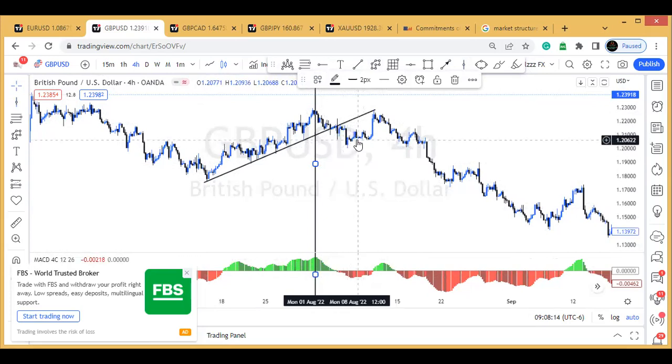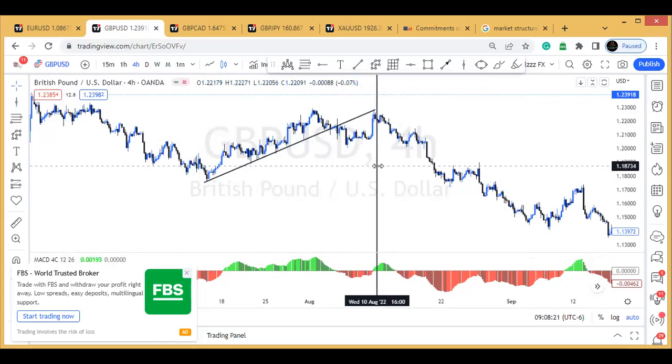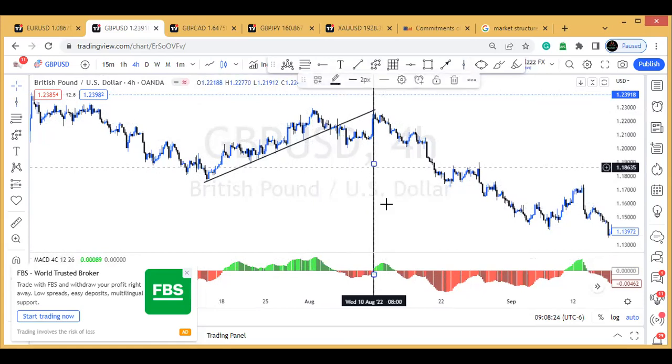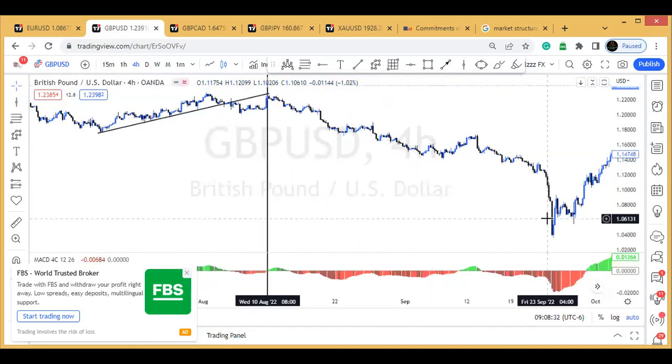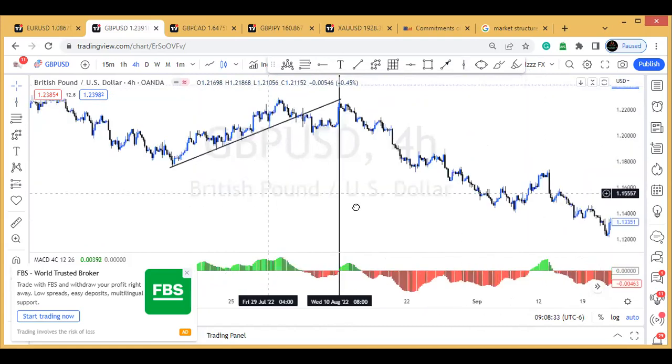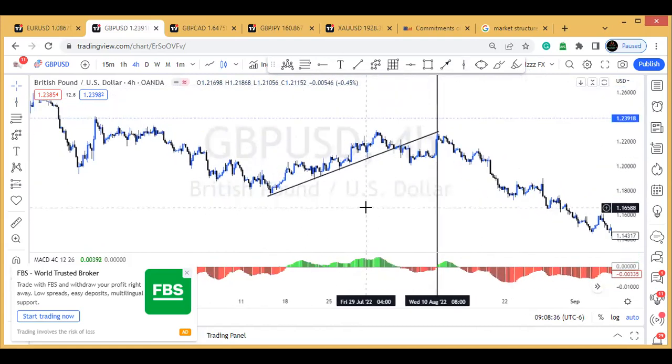So you want to be selling when MACD returns to create a high. Look at it. Is it a coincidence? When MACD returns to create a high, that's when you want to be selling. So just imagine you get into this here and you start selling. Look at the massive move you would have caught on